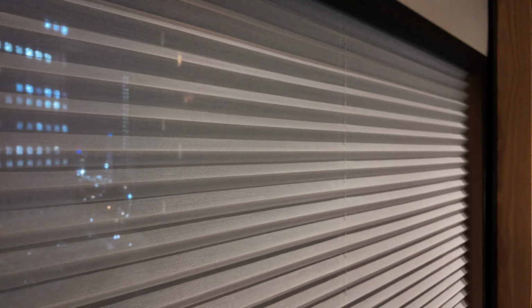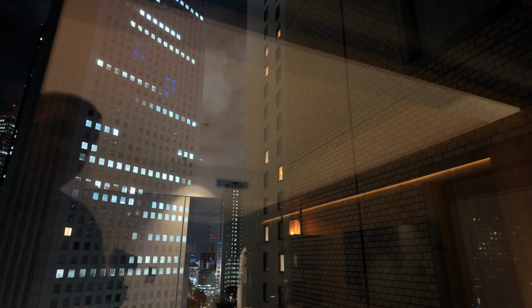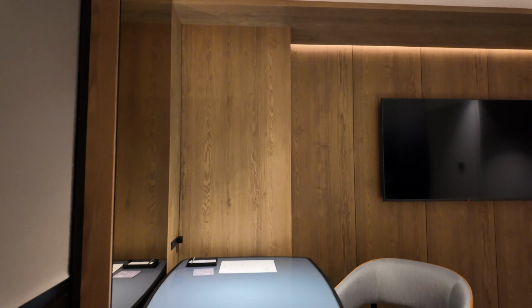The view here of Shinjuku is pretty cool. I don't know if you can see through that, but on this side we're just facing some skyscrapers and stuff. But if you go out from here, this is right near the Tokyo Metropolitan building, which is where they do the light shows